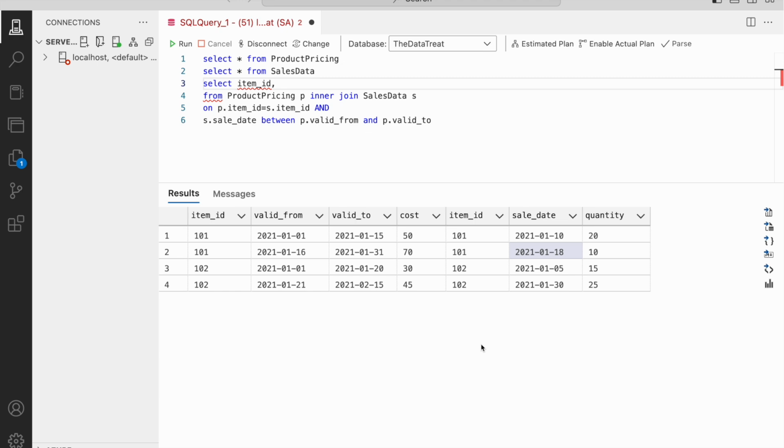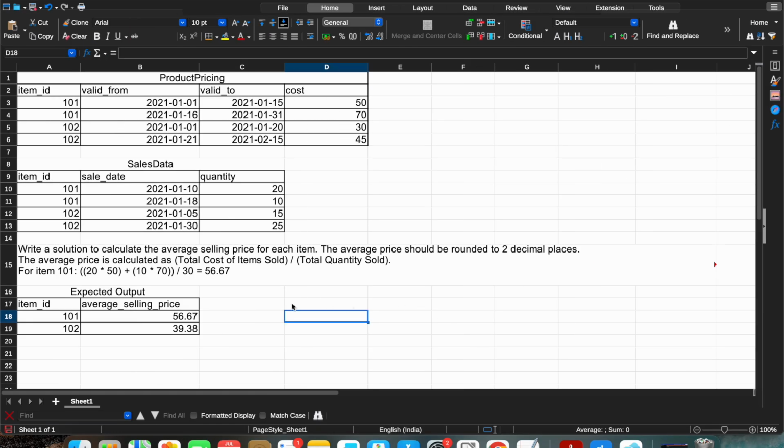And the second thing we need is, if you see right here, item ID 101 and the average selling price for that item ID. So we need to multiply this 20 by 50 plus this 10 by 70, right? So what we'll be doing is